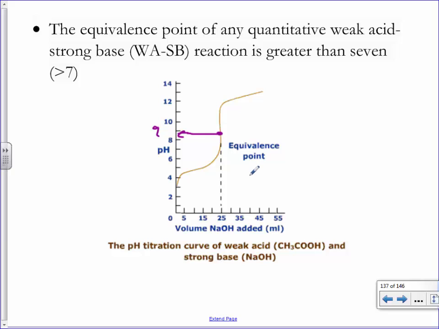So you know how I've mentioned that we sometimes cheat when we use phenolphthalein? Actually, sometimes we're not cheating. Because if I ever give you a strong base and a weak acid, usually the equivalence point would be somewhere between 8 and 10, which is just dead perfect for phenolphthalein. So now if I ever make you titrate a strong acid and a strong base, phenolphthalein is probably not appropriate. But if I make you titrate a weak acid and a strong base, then phenolphthalein is dead perfect because we expect the pH level to be slightly higher